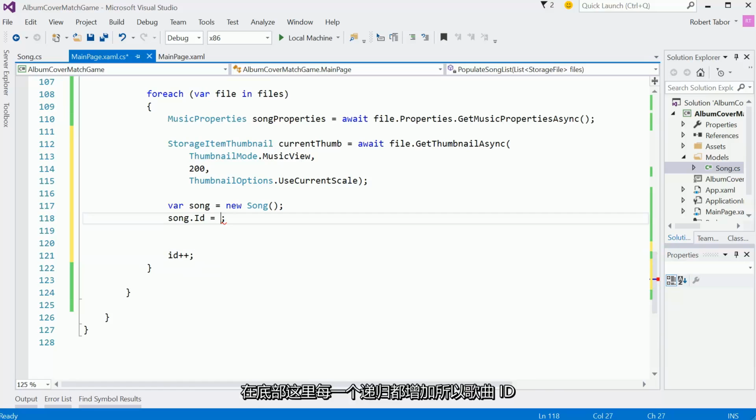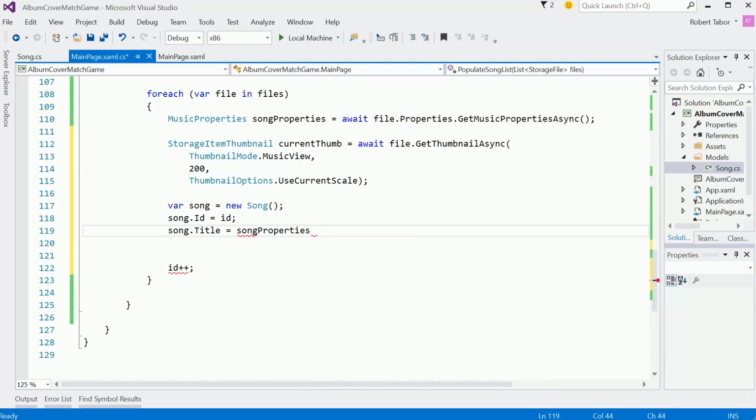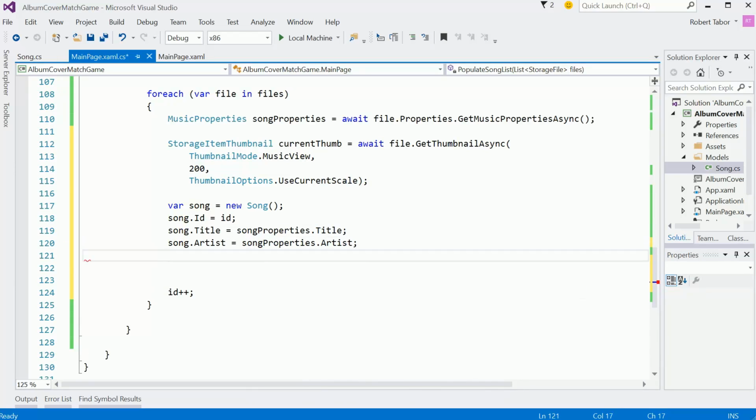So the song ID will be just that, id. song.Title equals songProperties.Title, song.Artist equals songProperties.Artist,